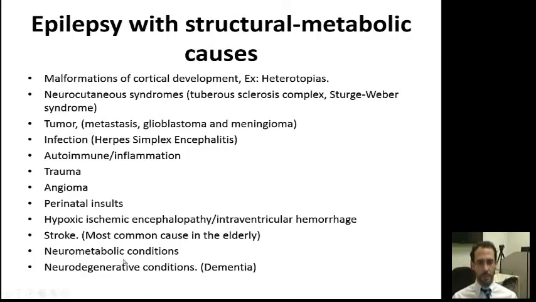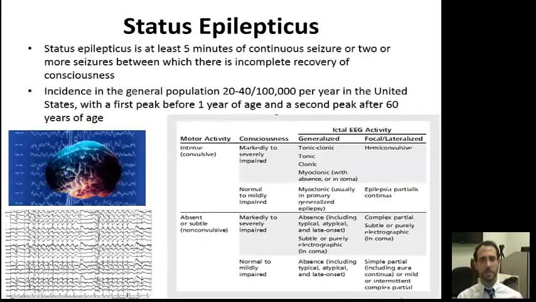Stroke is actually the most common cause of seizures in the elderly, and again, it's an insult to the brain, that part of the brain will be damaged, and going through the repairing process, those neurons lose their proper arrangement, and they could become irritable, and as a result definitely cause seizures. And dementia as well has been associated with seizures.